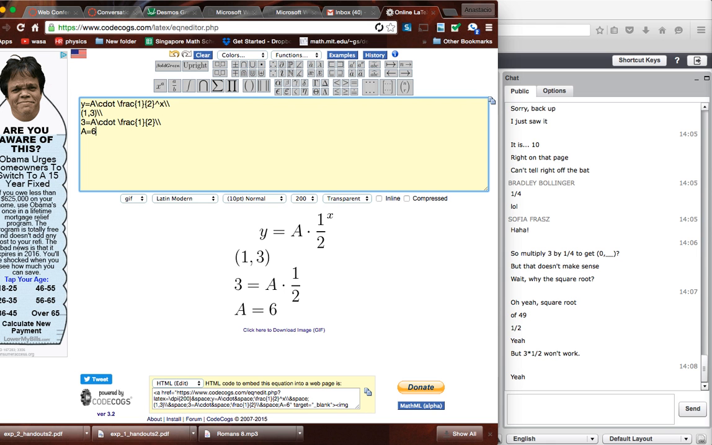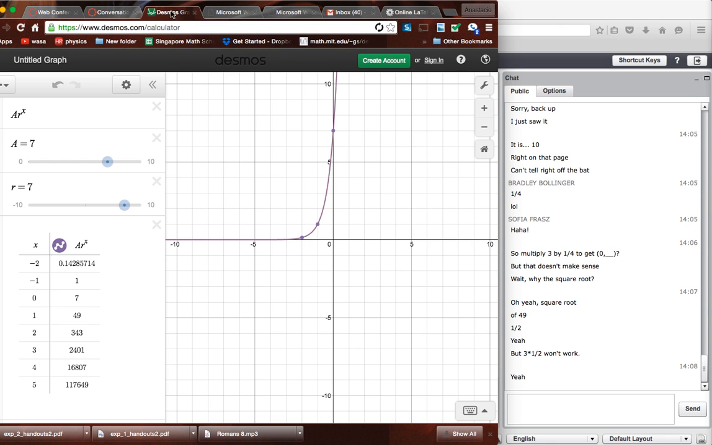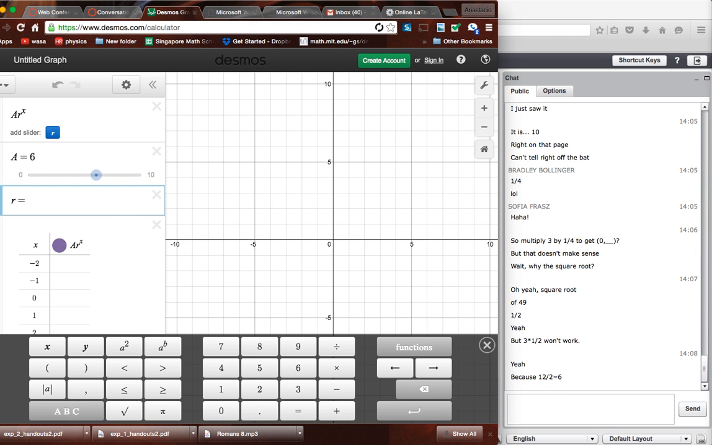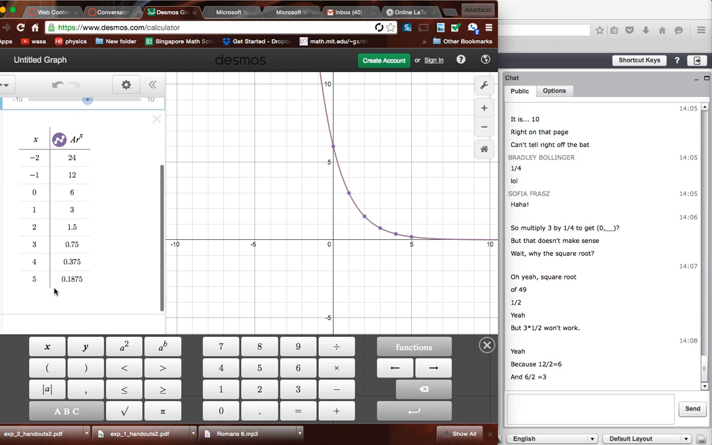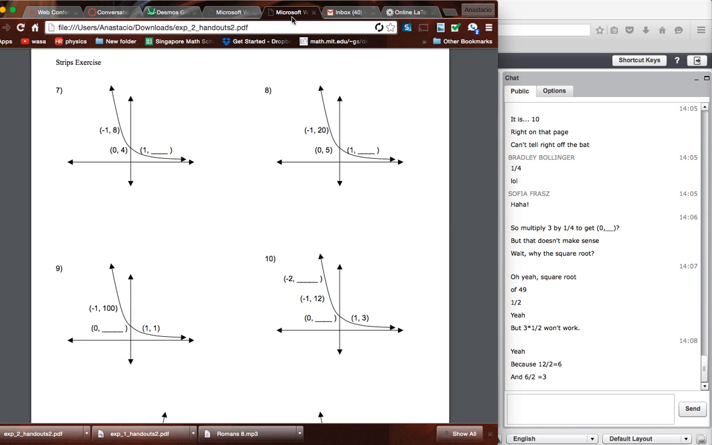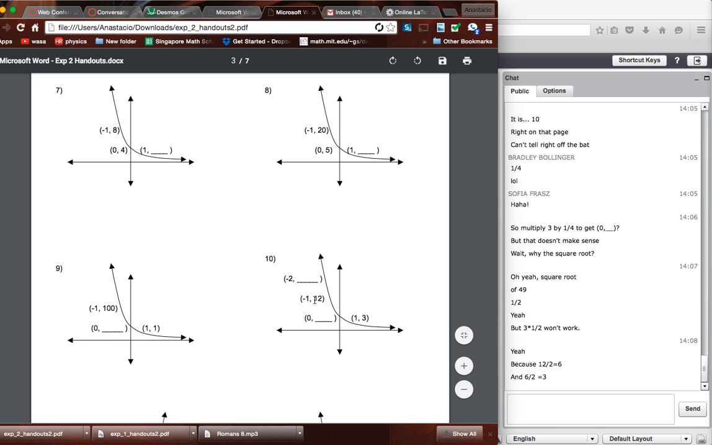Okay. I'll tell you what, why don't we throw this guy up into Desmos and see if it matches our table. You're saying that if I set a to 6 and r to 1/2, then at -1 I get 12, at 0 I get 6, at 1 I get 3, at 2 I get 1.5. Does that match this thing? At -1 I get 12,